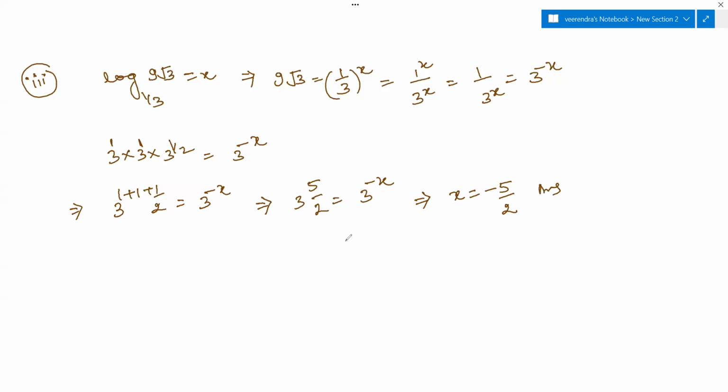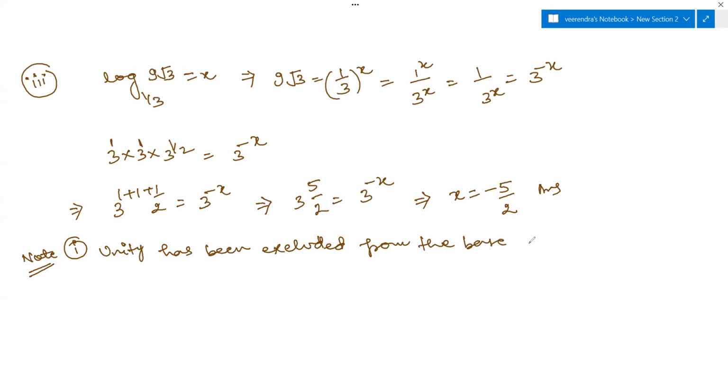After that, we will write some note 1. Unity has been excluded from the base of the logarithm, as in the case log N to the base 1 will not be possible,